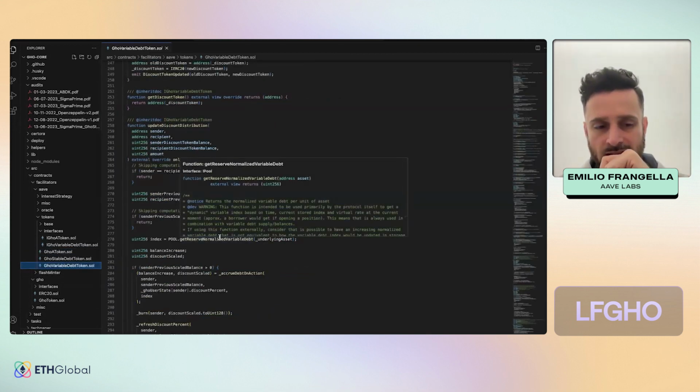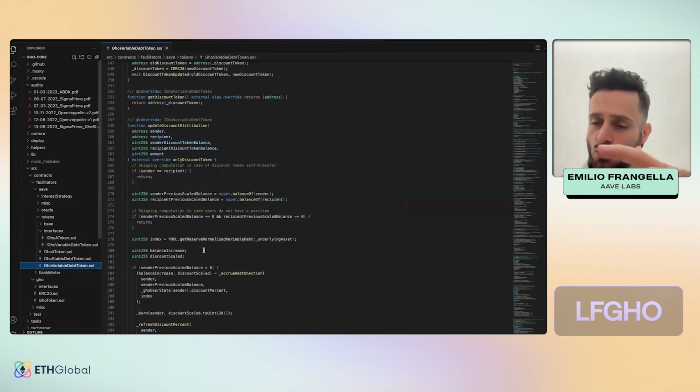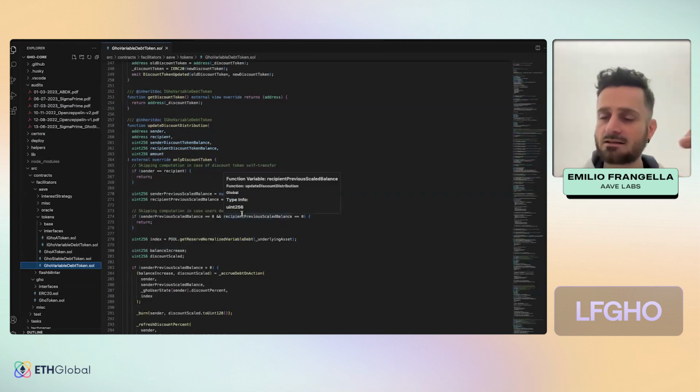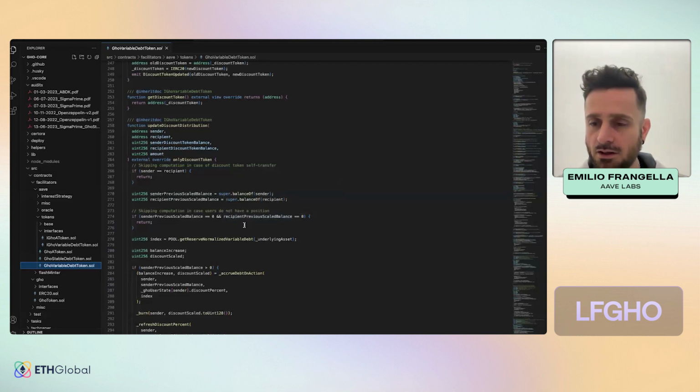Another thing is that the Aave protocol has two debt modes. One is stable and one is variable. Stable is being deprecated, so it's not possible to borrow Go at a stable rate. You can only borrow at variable. The variable rate for Go is decided by governance, so it does not have the same variability that other assets have, like USDC. Those are purely variable, in the sense that you can borrow at 3% and be paying, I don't know, 60% the day after, because it's strictly correlated with supply and demand within the Aave protocol itself.